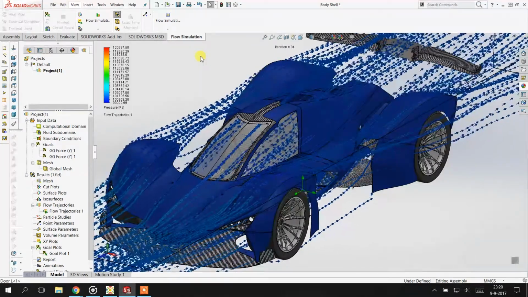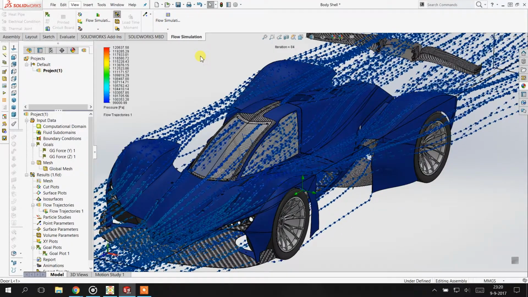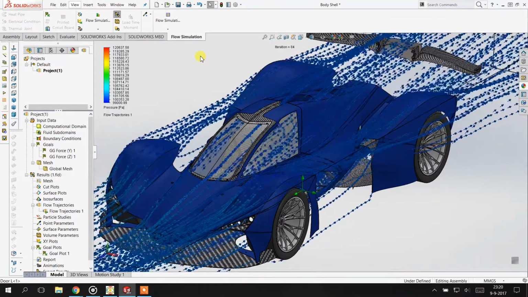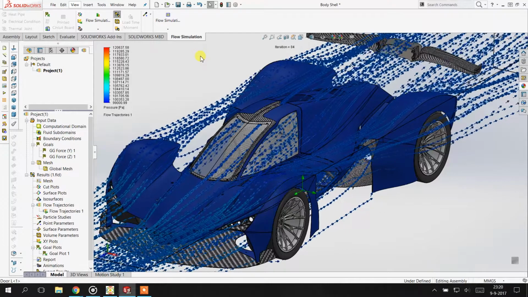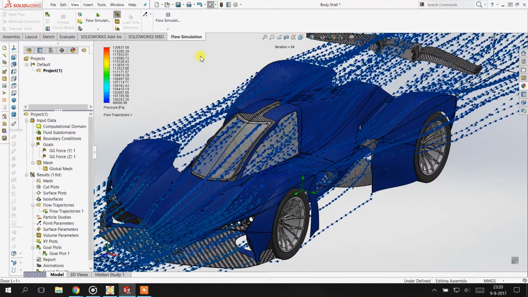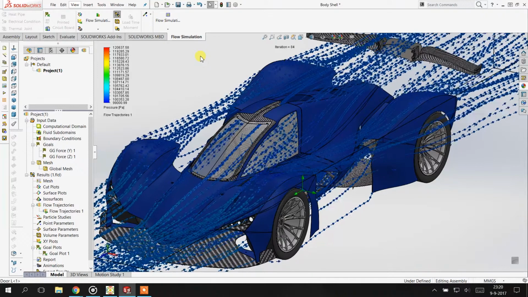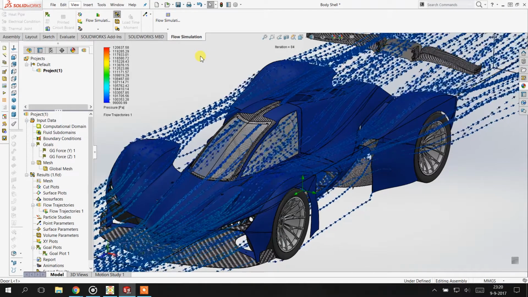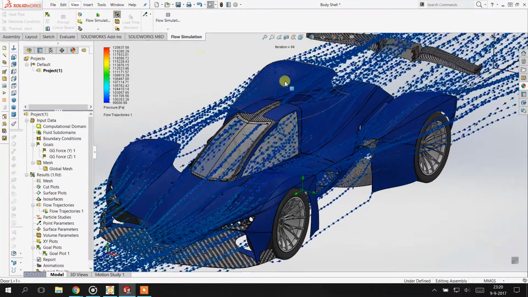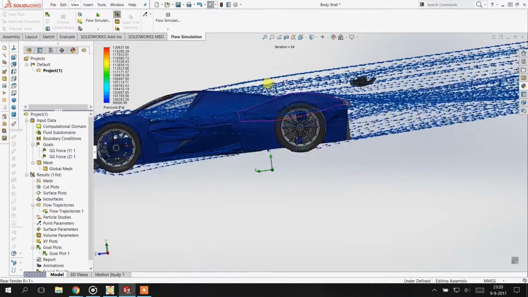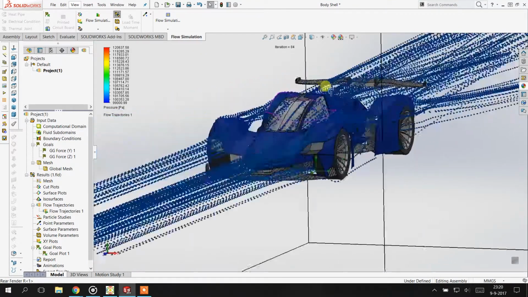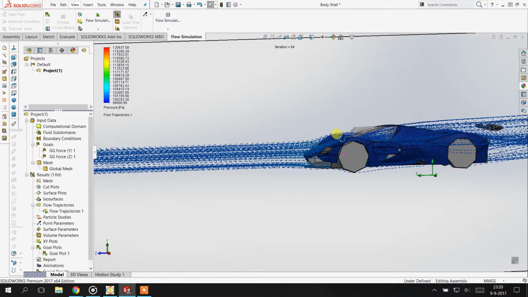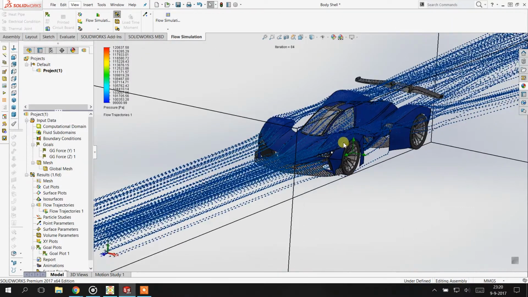And once I get to have scale models, I might be able to take it to Winton or somewhere. I'll figure out how to do that once I'm at that process, and maybe I can have a little bit more realistic demonstrations of all of those things and how aerodynamically efficient it is. But the reason why I think that the car will be very aerodynamically efficient is because there is, first